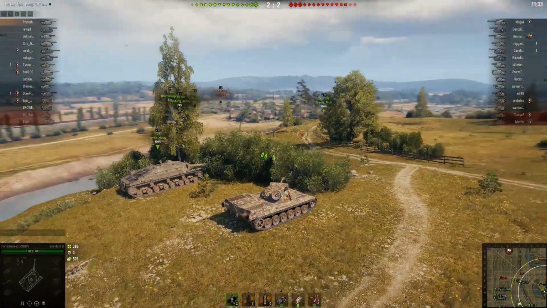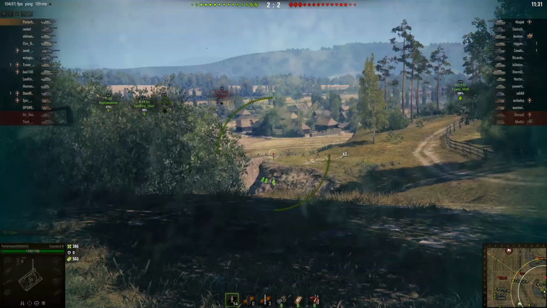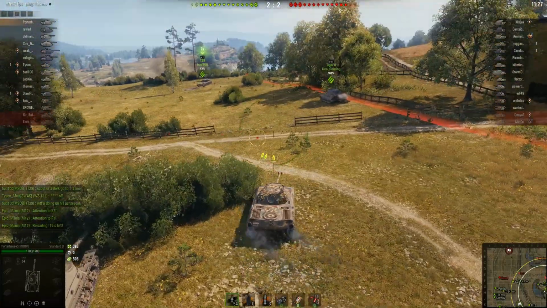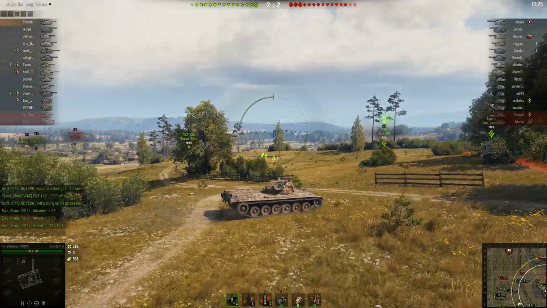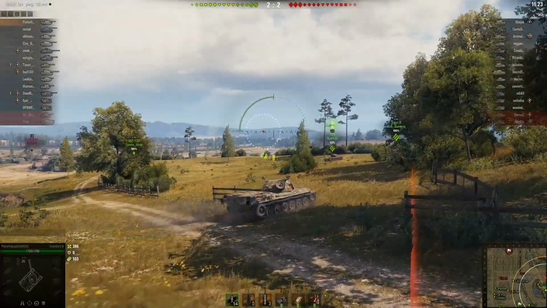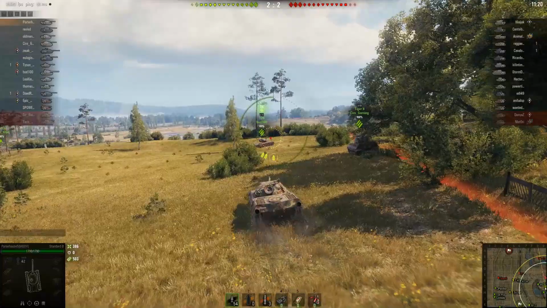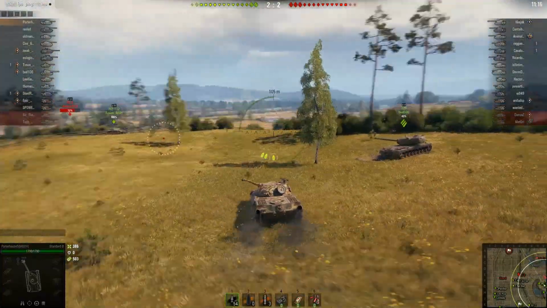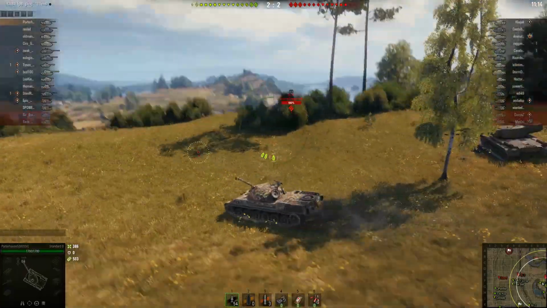And I see Bud over there starting to take rounds, and I'm trying to spot where that's coming from. I suspect it's probably a TD across the map. Because, yeah, you're right out in the open if you're right about where Bud is. Now, where I'm going to go, right down in this dip, you can't really be seen from the other side